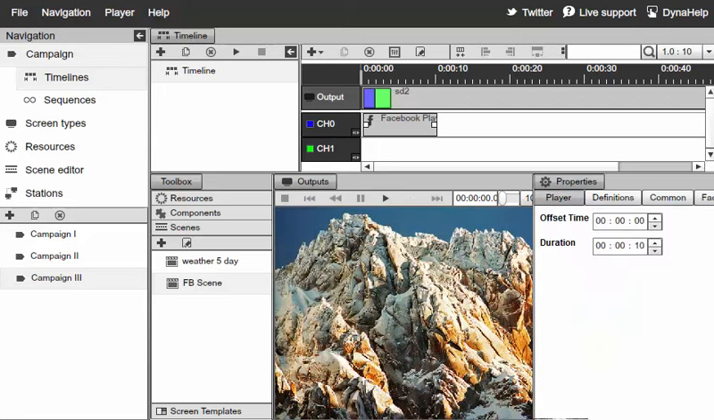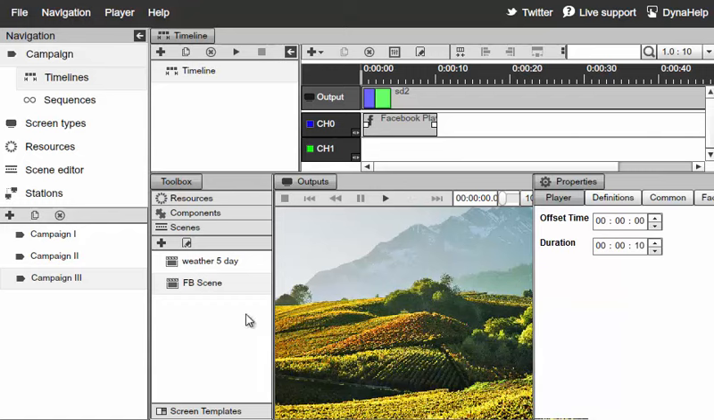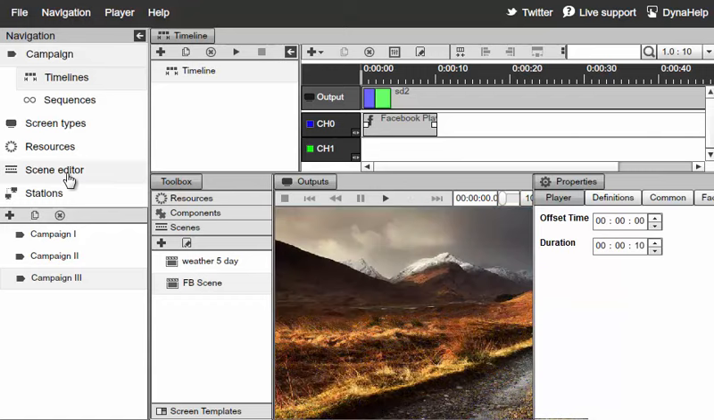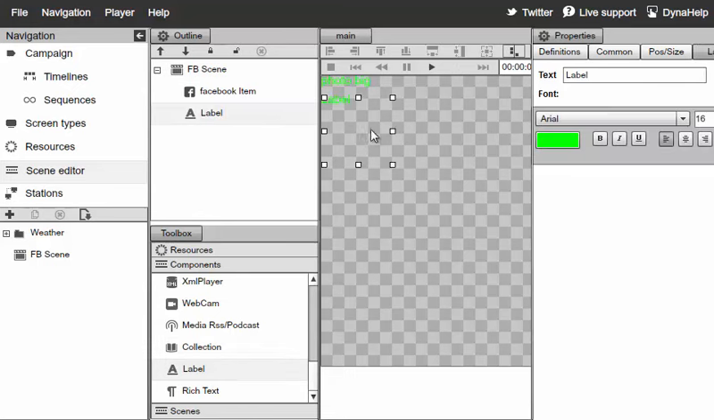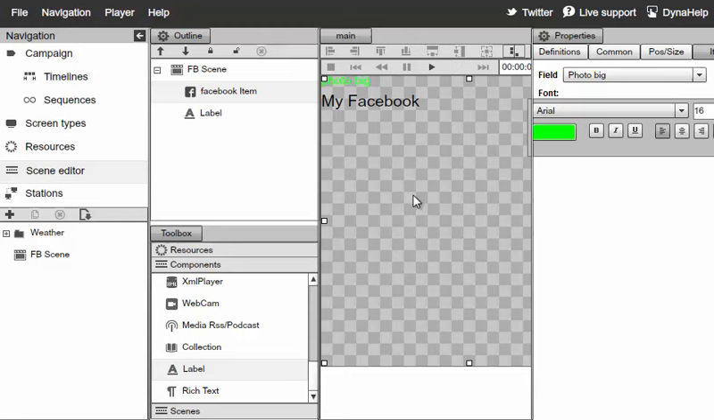Now if we wanted to further customize this scene, we'll just switch back to the scene editor. Go over here and select just a label. Put it on top. We'll just go ahead and call it my Facebook. Change the fonts. And let's say we want to go ahead and put a thumbnail of the images on top just to show